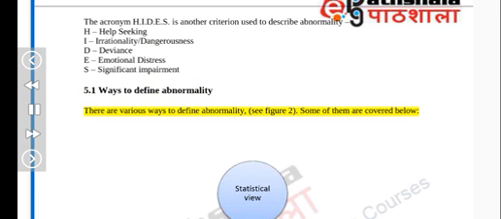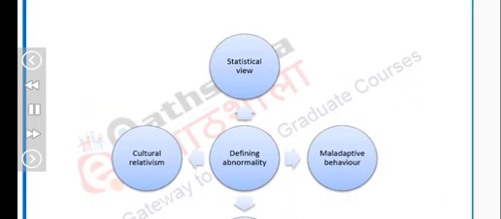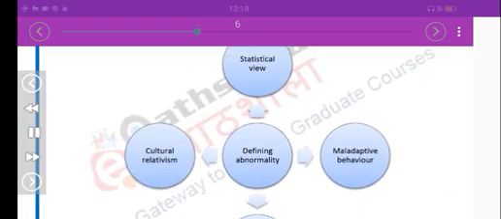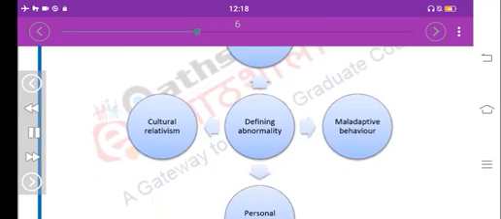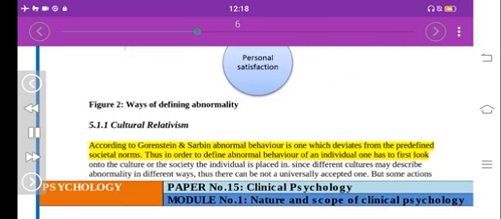There are various ways to define abnormality, see Figure 2. Some of them are covered below. Figure 2. Ways of defining abnormality. 5.1.1 Cultural relativism. According to Gorenstein and Sarbon, abnormal behavior is one which deviates from the predefined societal norms. Thus, in order to define abnormal behavior of an individual, one has to first look at the culture or the society the individual is placed in. Since different cultures may describe abnormality in different ways, there cannot be a universally accepted one, but some actions